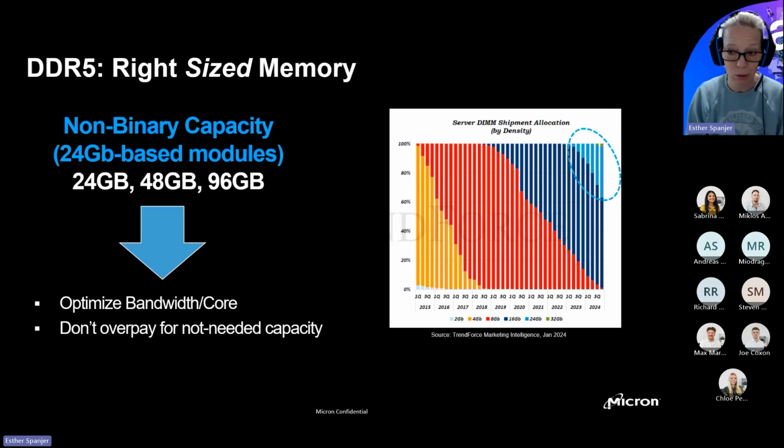So it just allows a more granular, if you will, configuration. You don't have to jump now from 16 to 32 or to 64. You can actually take 24 gigabyte or 48 gigabyte as points in the middle. And when we look at the trend in the industry, the graph on the right hand side shows the